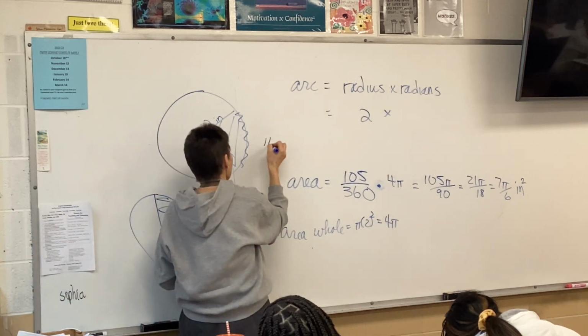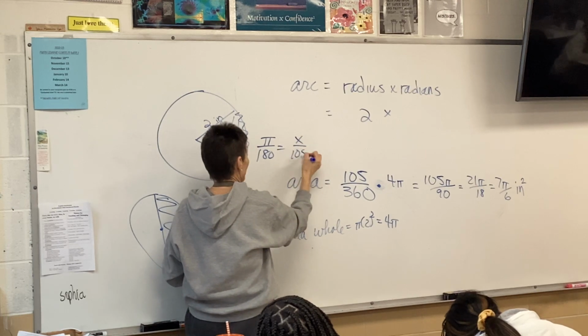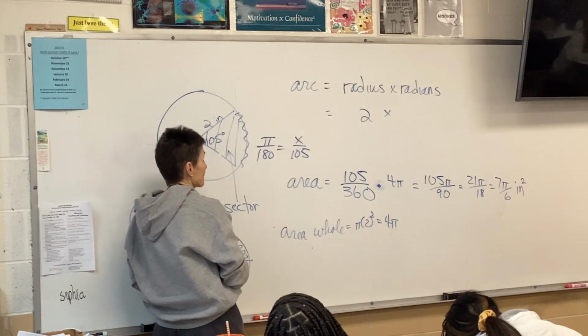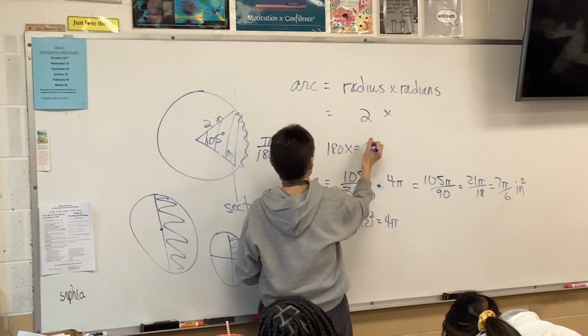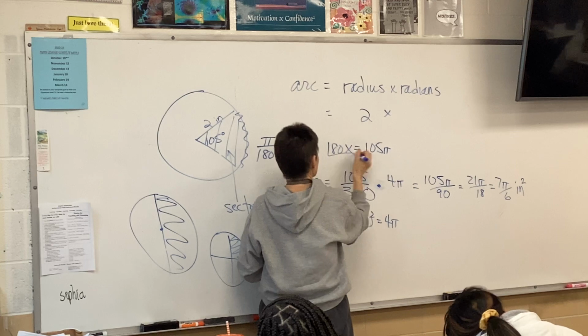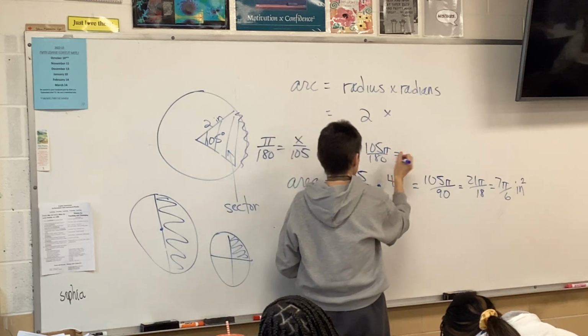So pi is to 180, as something is to 105. So 180x equals 105 pi, divide by 180, reduce that,